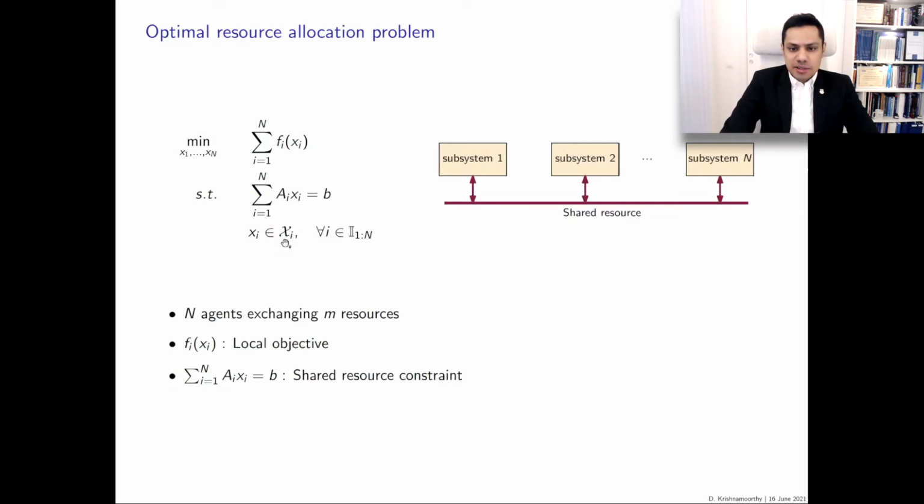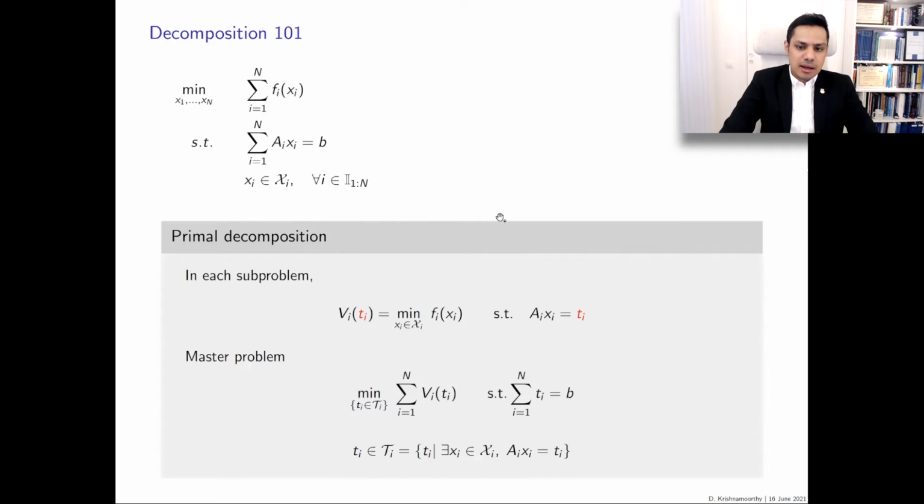And the shared resource constraint is denoted by the sum of AiXi, which must be equal to B. Now, without loss of generality, we can assume that the shared resource may either be consumed or produced by the different subsystems. So the optimization problem here has a specific structure: the overall cost is the sum of the individual local costs, and the shared resource is the only constraint that couples the different subsystems together. In order to show how to decompose this kind of problem, let me first quickly give an introduction